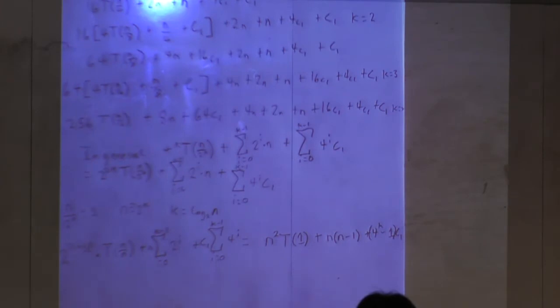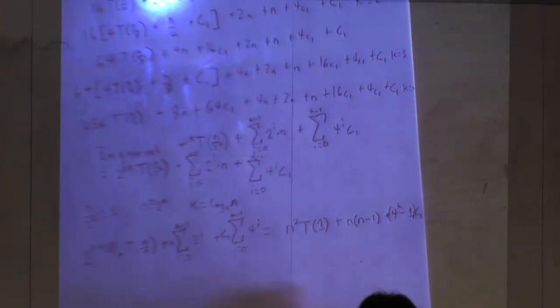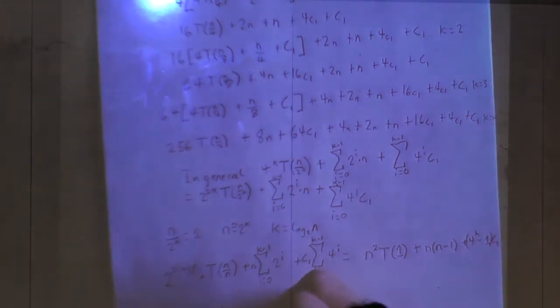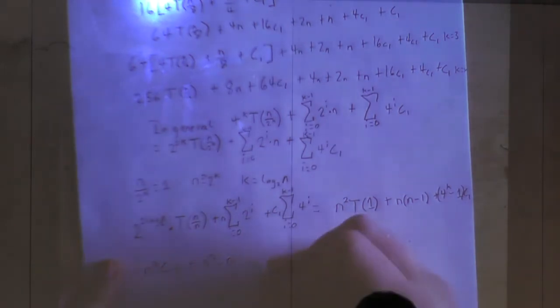Times c1. So now if we bring it down here, we can do one final simplification, and we can say n squared t of 1. But what is t of 1? It's c2, based on our base case up here. So we'll say n squared c2. Then we're going to have plus n squared minus n, and that's just simplifying this right here. So n squared c2 plus n squared minus n plus